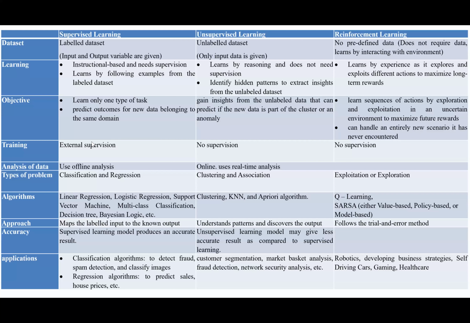Okay, the next parameter is training. In supervised learning, external supervision is required. In unsupervised learning, no supervision is required. In reinforcement learning, no supervision is required. Okay, the next parameter is analysis of data. Supervised learning uses offline analysis, while unsupervised learning is online and uses real-time analysis, and reinforcement learning is also online and uses real-time analysis. The type of problems which can be handled by supervised learning are classification problems and regression